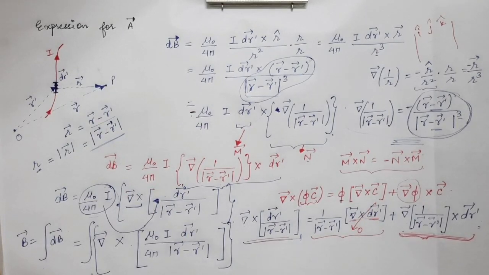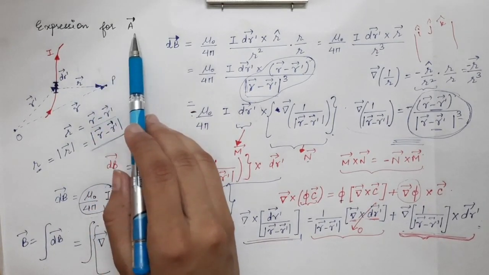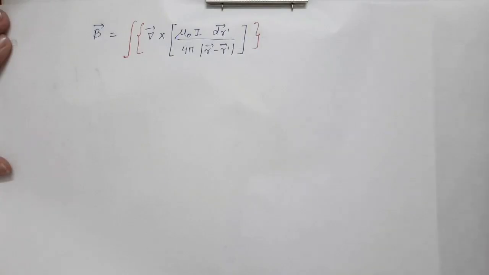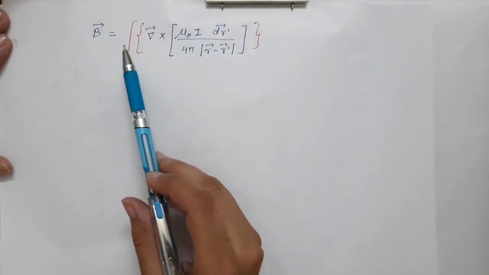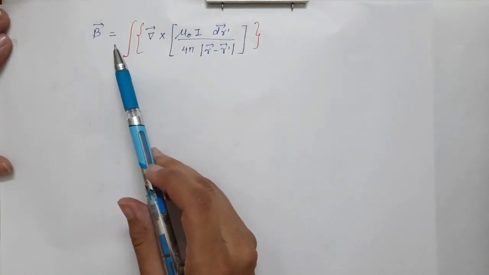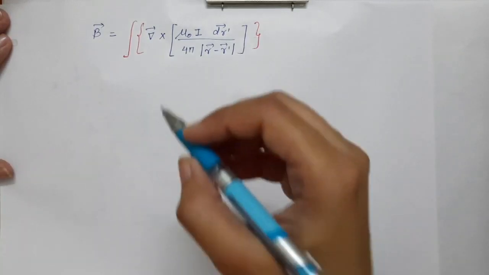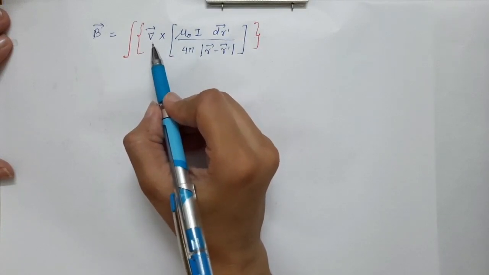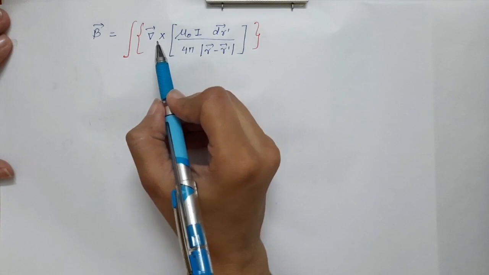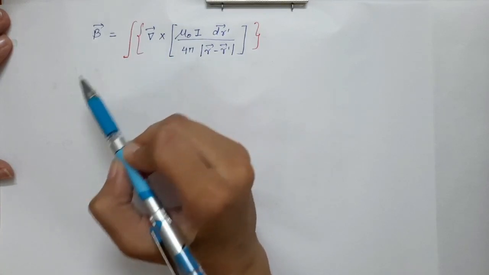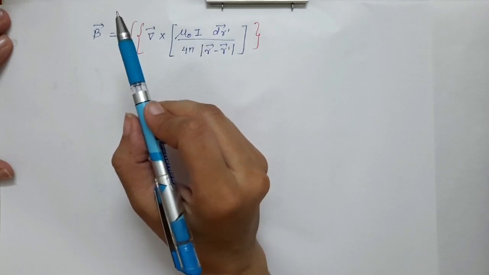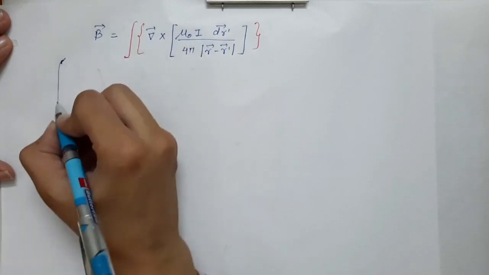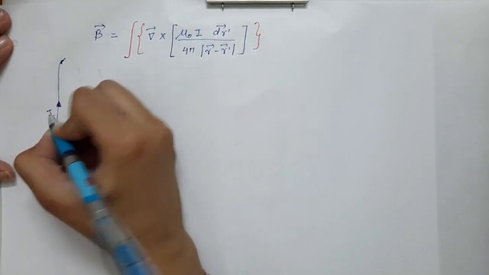Now we are going to do a little modification to find the expression of the A vector, which is the magnetic vector potential. This is the expression we got for the total magnetic field at the observation point due to the whole line current distribution. As we have said, this curl is taken with respect to the unprimed variables, meaning with respect to x, y and z, and this integration is over the whole current line distribution. The current was flowing in this direction.